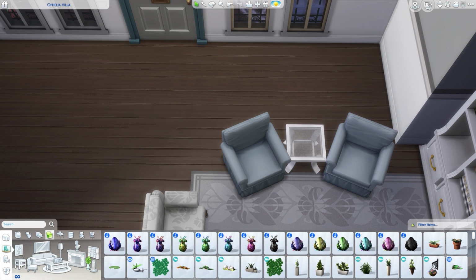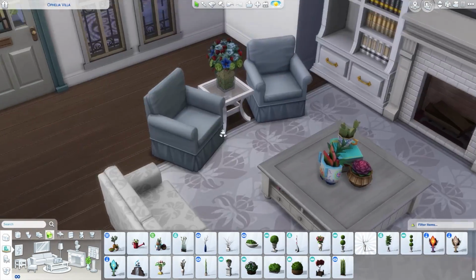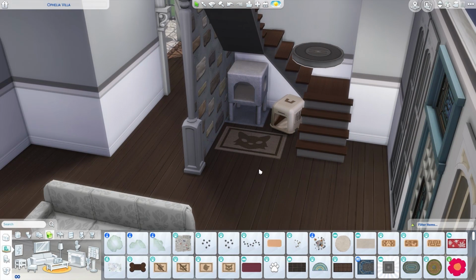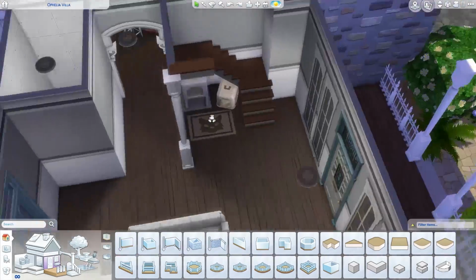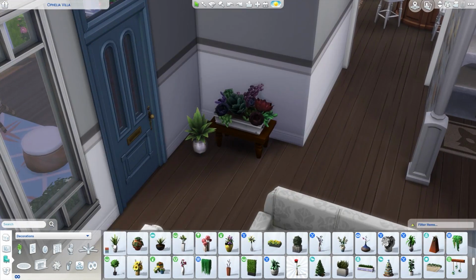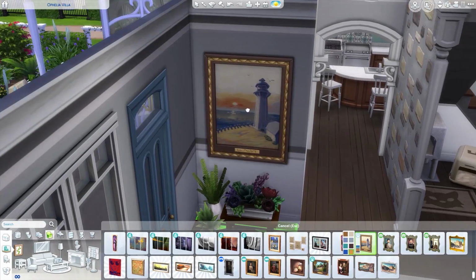What I do love about this living room is where I placed the fireplace and the two bookcases. It feels like a built-in bookcase and fireplace situation, which I love. And then I also added a cat area underneath the stairs, because a build without a pet area is not a build from me. I always like to accommodate my pets, and they have their little nook there underneath the stairs, which I think